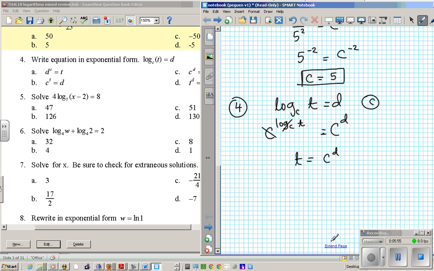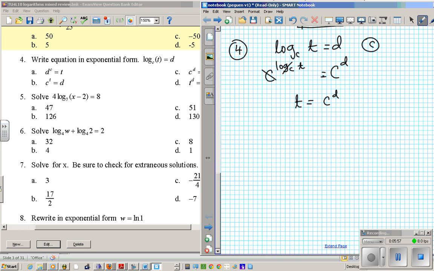Alright? Okay, let's move on to number 5, solving. Number 5, we have 4 log base 7 of x minus 2 equals 8. So this 4, I need this log to be cleaned up first before I eliminate it, right? So this 4 needs to go. So I can make this 4